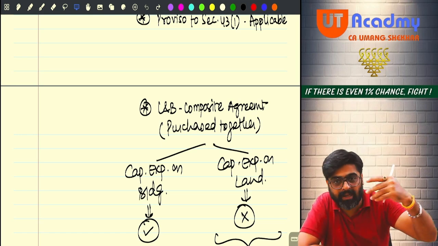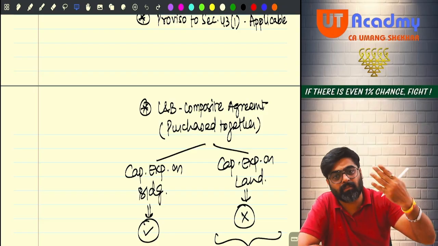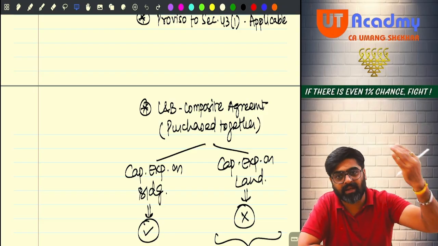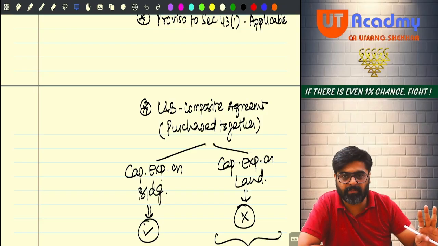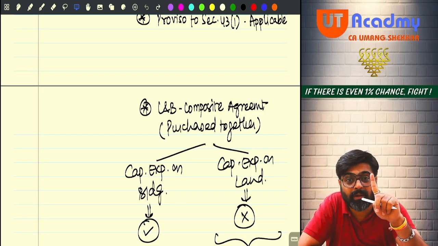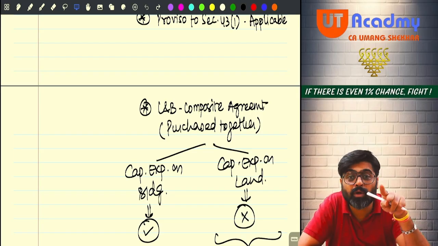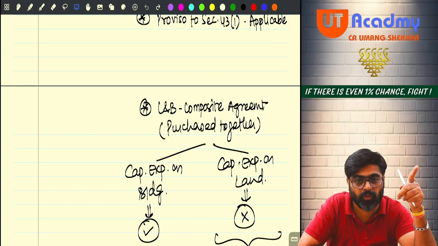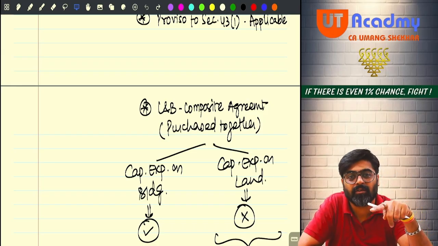Other than residential property, if you are in the business of letting out commercial properties and the rent is coming, then it is still your PGBP, but not from residential properties. Do you remember this one amendment we have done? Now 2 more amendments will come. One will come in section 36(1)(iva). The rate is 14% instead of 10% now.